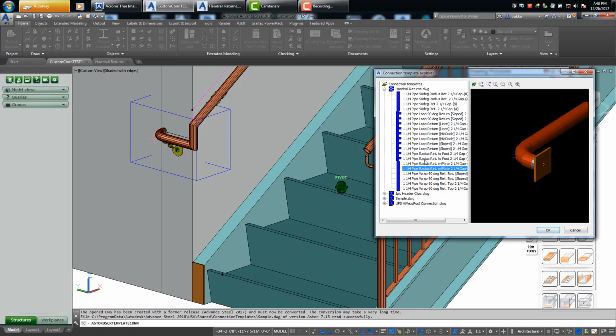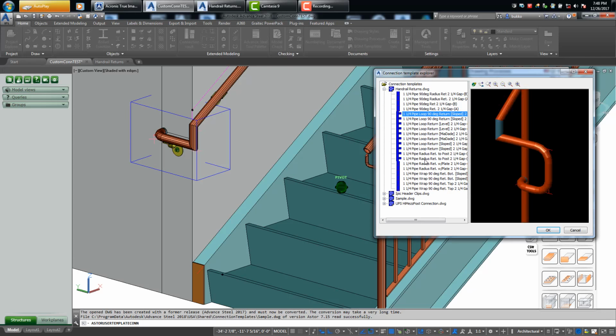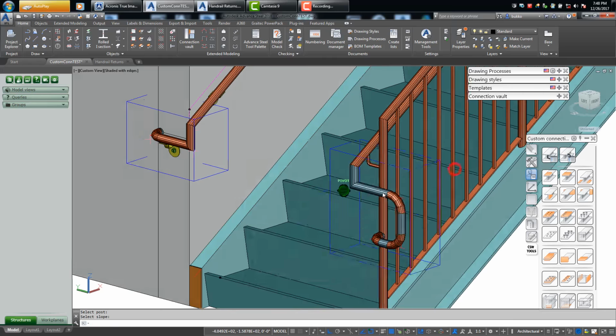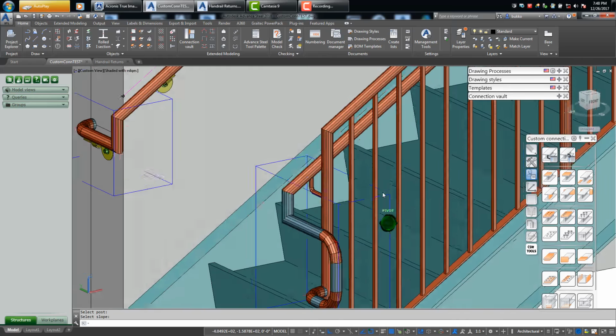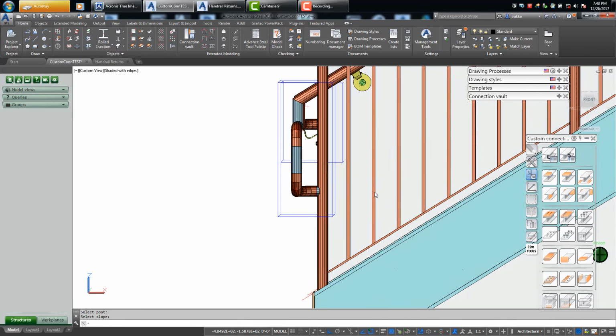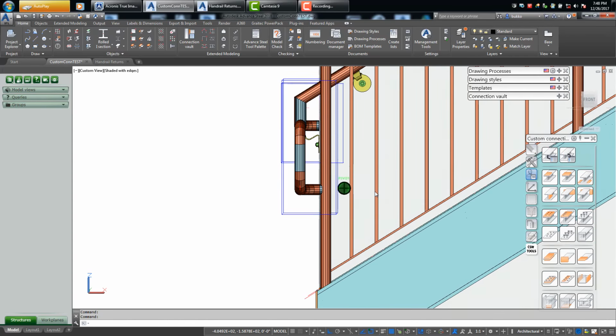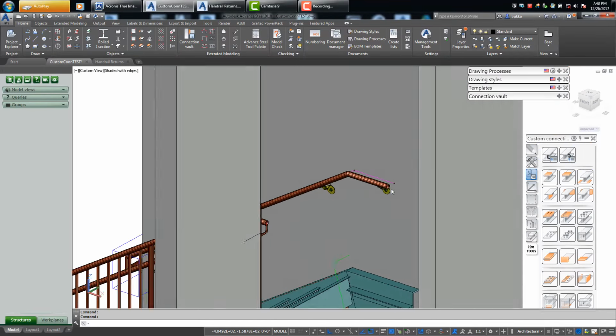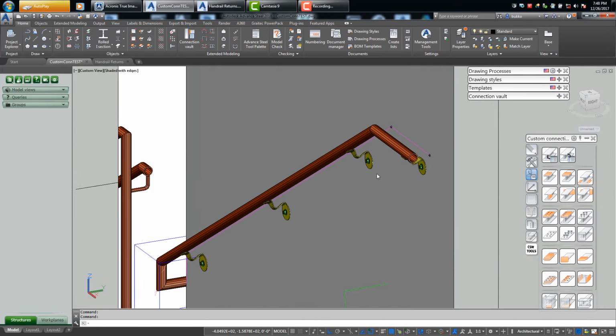All right, let's get to it. There we go. So this one right here is going to give you that same condition, so you don't impede the walkway. Select the post, and then boom, we got another great return that's in code. And notice that these are the same height, which is nice to start out with. All right, so what I'll do is I'll come up here, and just for any of these wall rails,